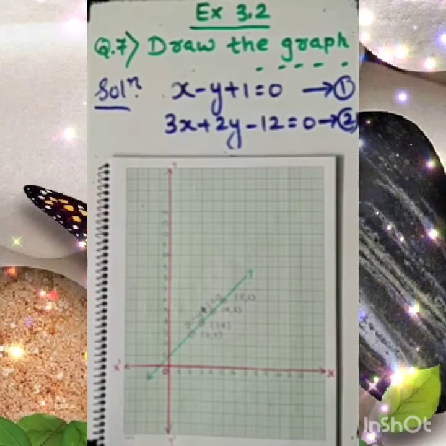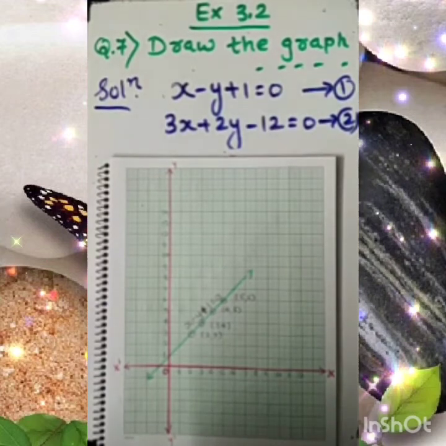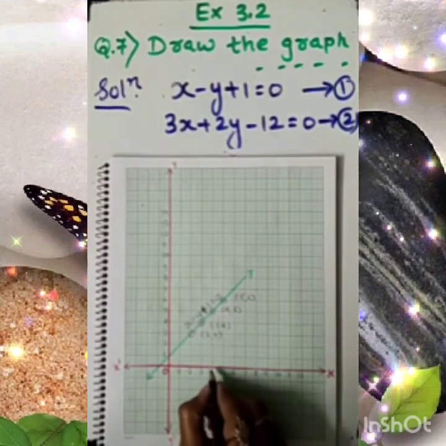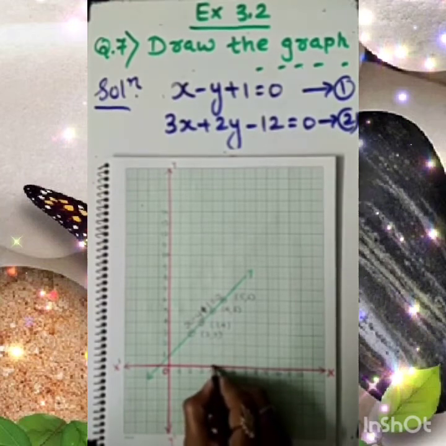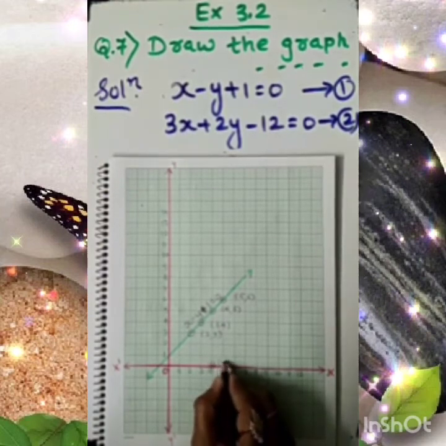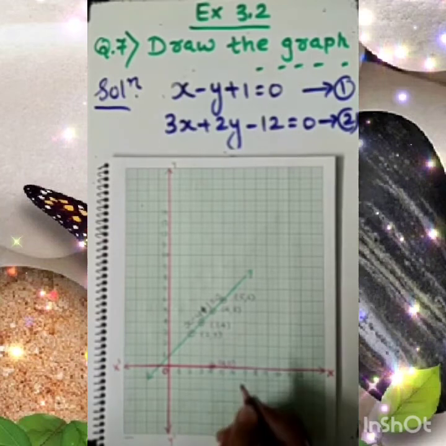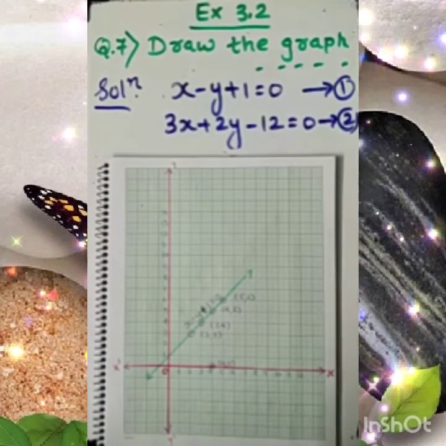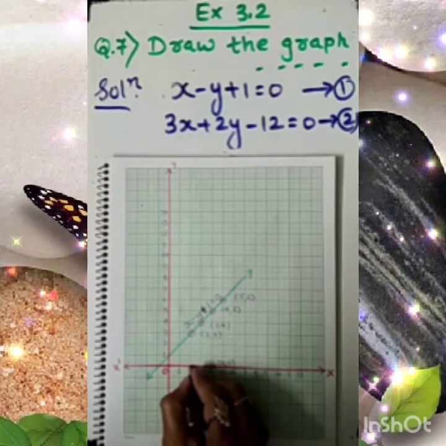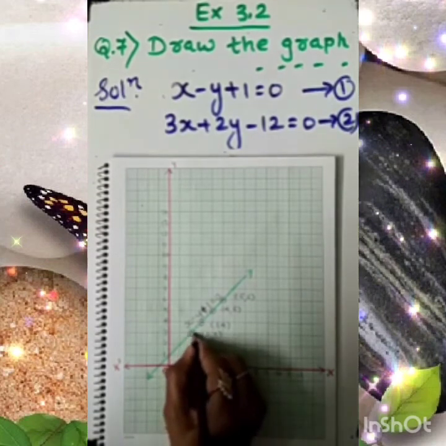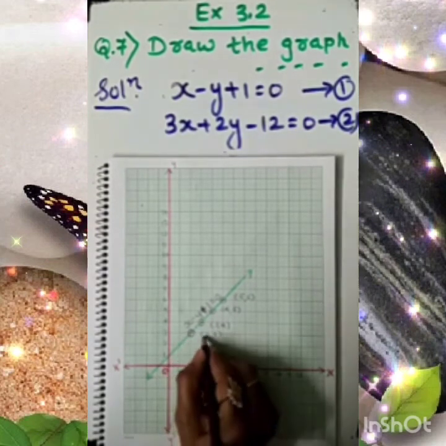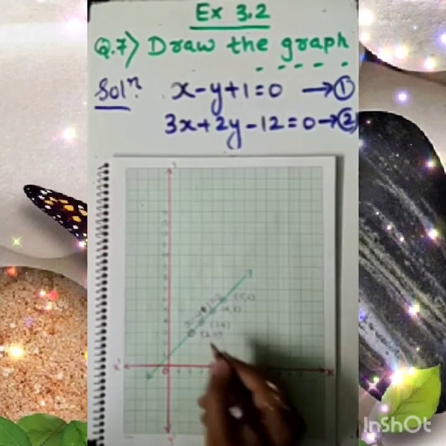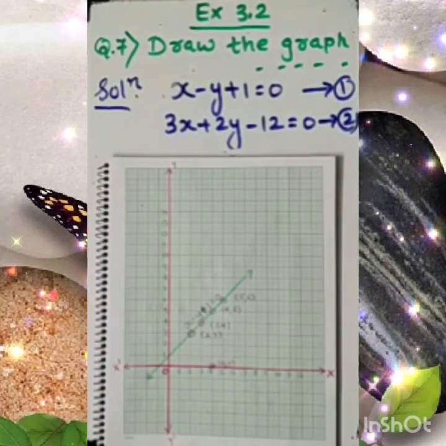Fine. Now dear student, let's go with the second equation. For that the points are 4, 0. Of course 4, 0 will lie on the line itself, on the x-axis, so it will be located here. Second point 2, 3. You can see it is already located. It indicates that this point will be the intersecting point of two lines because it is common.